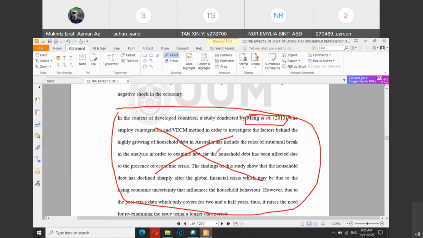Or sometimes they change the conclusion or the context to suit your need or your intention. Sometimes Meng et al. says one thing, says differently, but because you want to modify the paragraph so that the article suits your topic, you might change a little bit. So this is again another common problem among students.